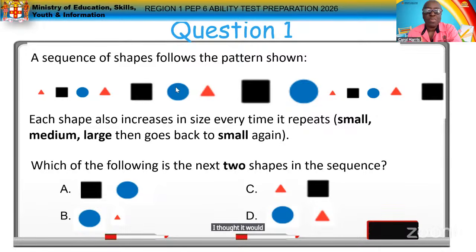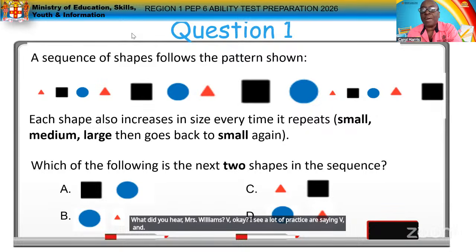D. And I'm not hearing. Is it B for boy that you're saying is the next one? I heard D from St. Peter and Paul. What did you hear, Mrs. Williams? I heard D. D, okay. I see a lot of persons are saying D. And okay,